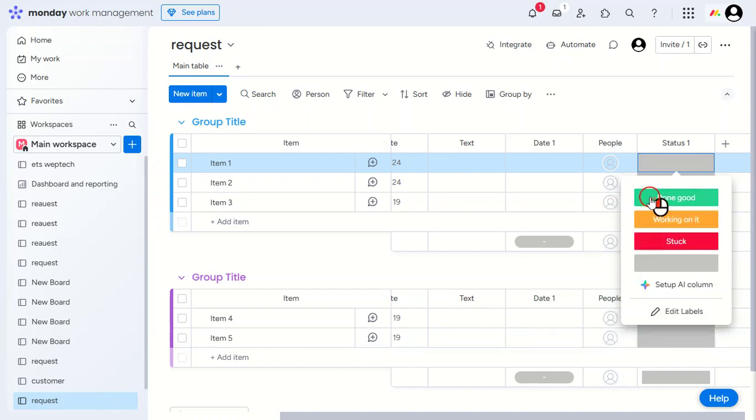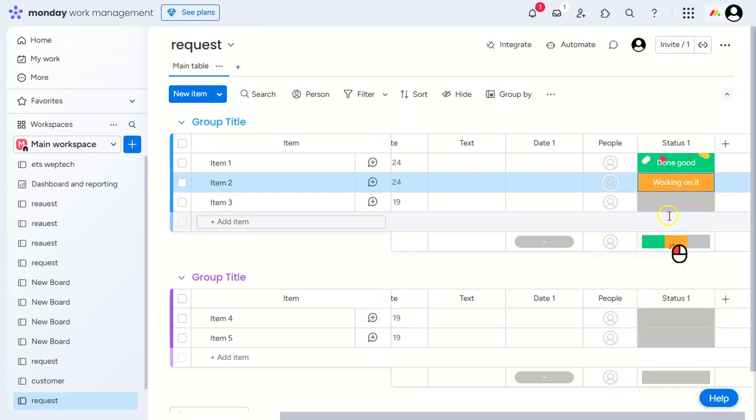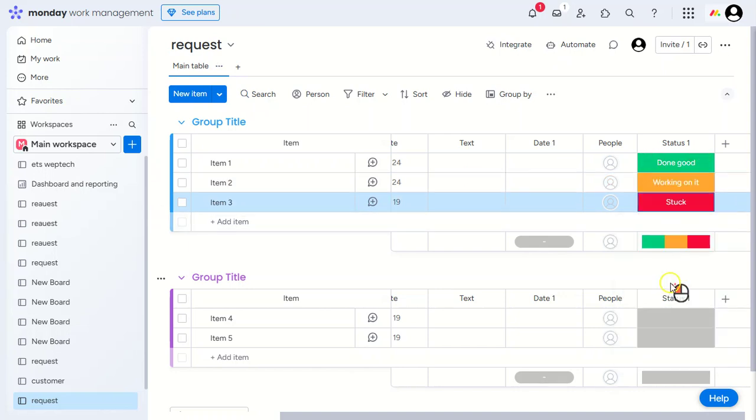And there you have it, a content request template in Monday.com. Remember, a good template can streamline your content production process, saving you time